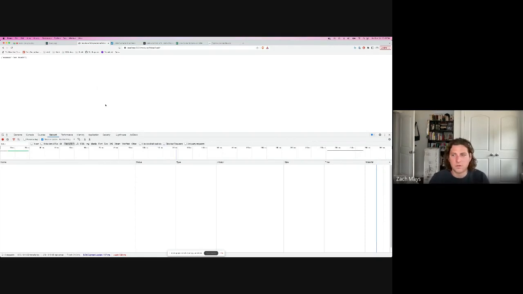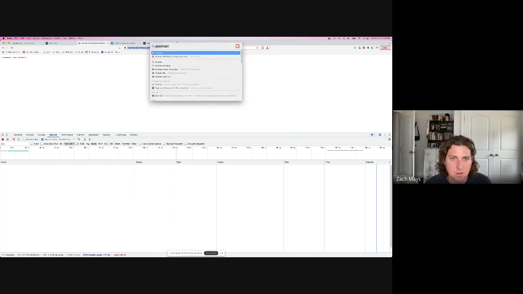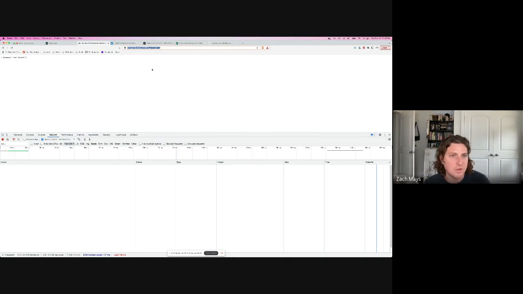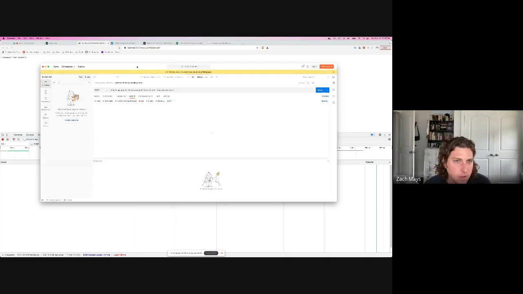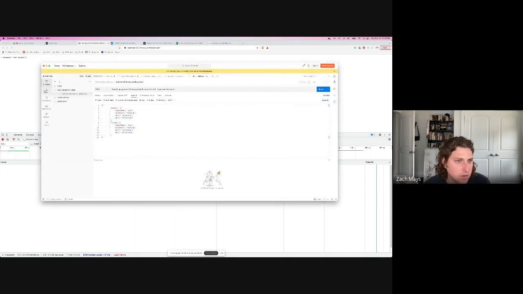Yeah. So if you're doing stuff from the browser, it's hard to know what the status code is when you're doing it directly like this. So people often use Postman for that. It's an application you can install. And so I can